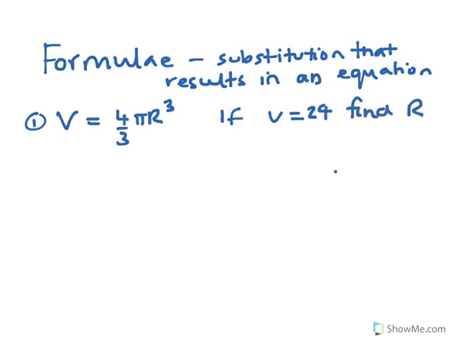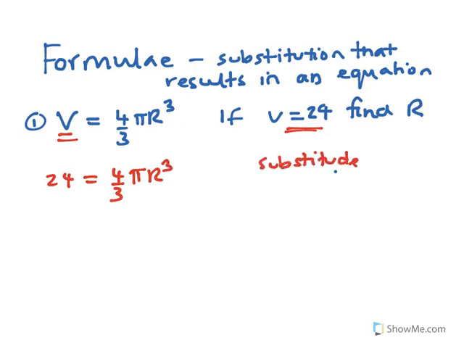So what you do is, where the v is, you put 24. So you get 24 equals 4 over 3 pi r cubed. So you substitute, and then you swap the sides, and then you solve it. So when you swap the sides,